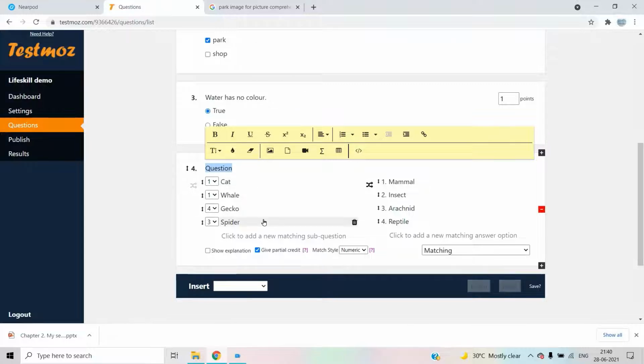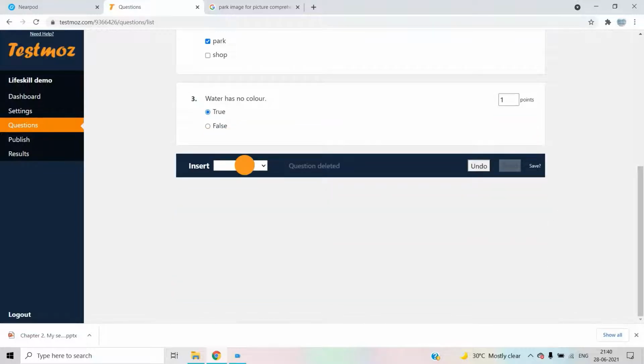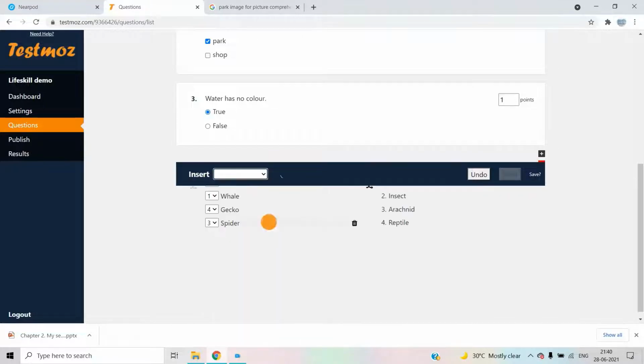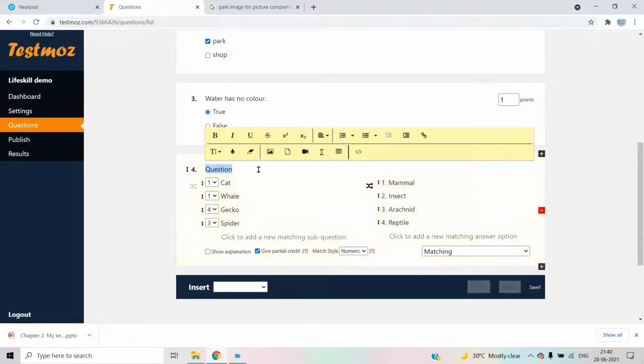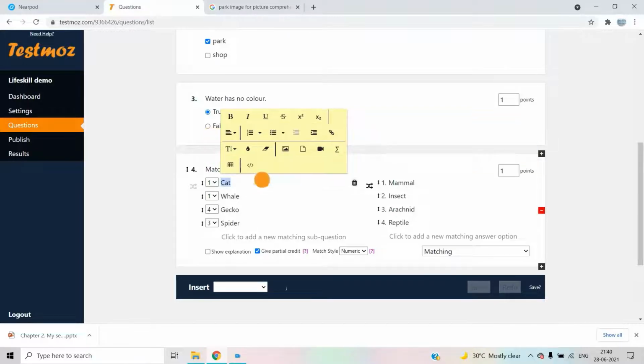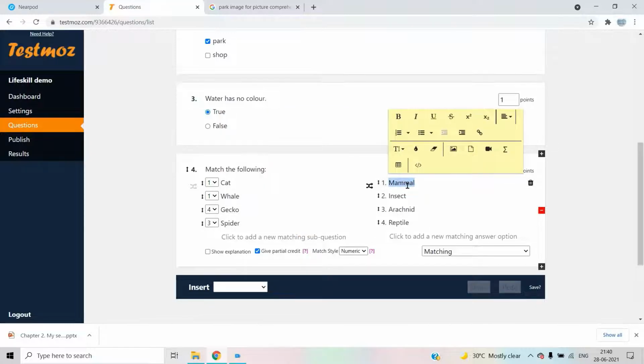Okay, so here I will show you. So next we are going to add matching. See, here also you can insert image by clicking the link, and then you can give the correct option straight to that question.